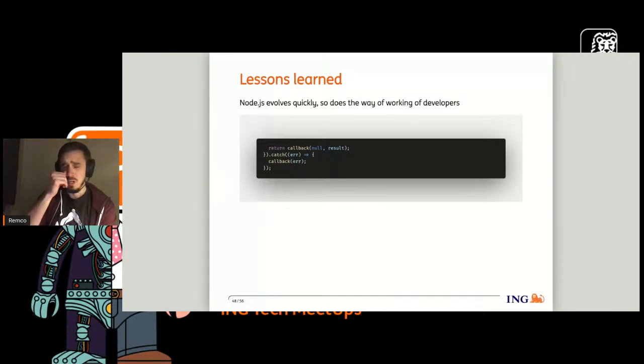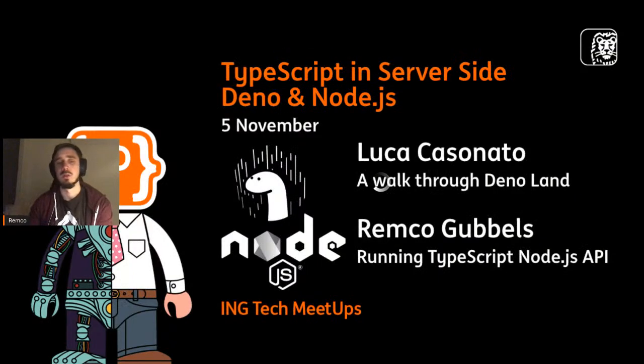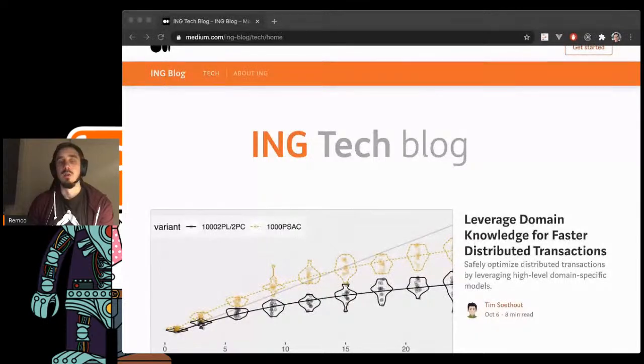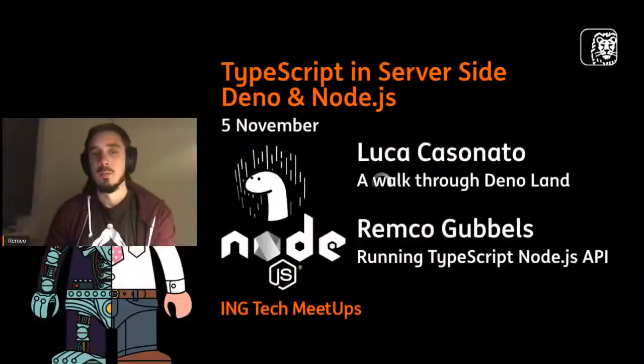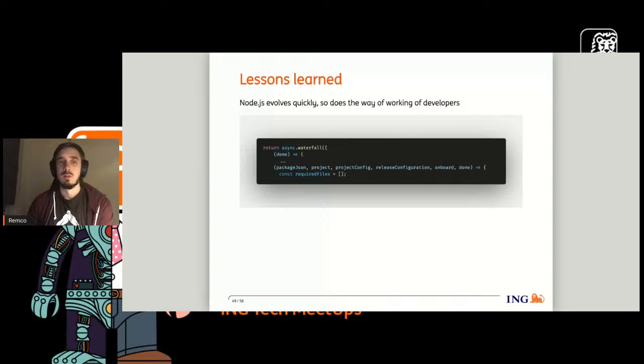Like I said, in the 2-year time span between when we started and when I came back, we started with our lovely callbacks, which some people call callback hell after a while, depending on how far the developers go into it. But Node.js evolves quickly from callbacks to async waterfalls, which was a thing at a certain time,